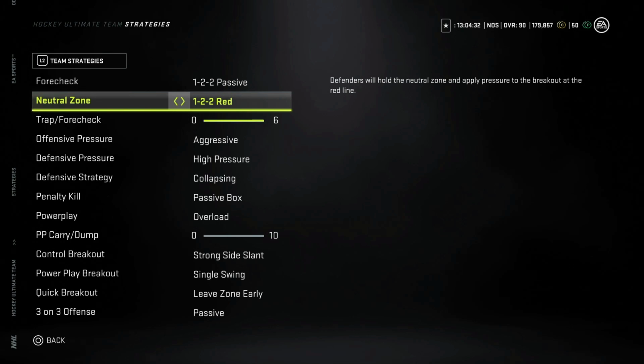So the 1-2-2 red will, by definition, have defenders hold the neutral zone and apply pressure to the breakout at the red line, meaning that they will step up and put a lot of pressure on in the neutral zone at the red line. So it is an aggressive style of neutral zone. How the 1-2-2 red works